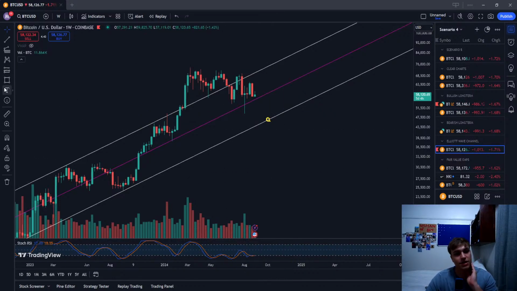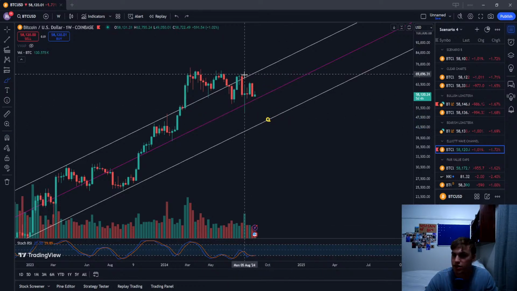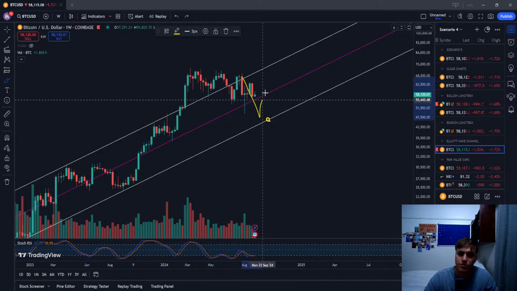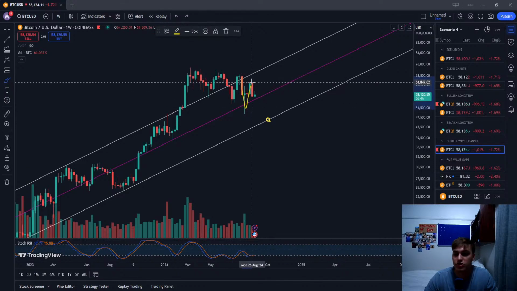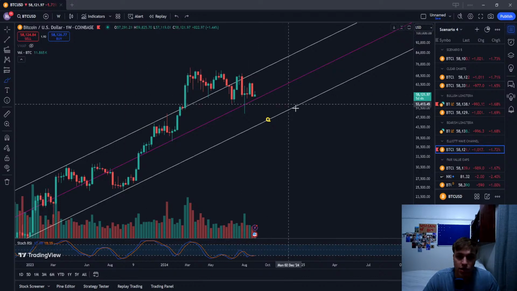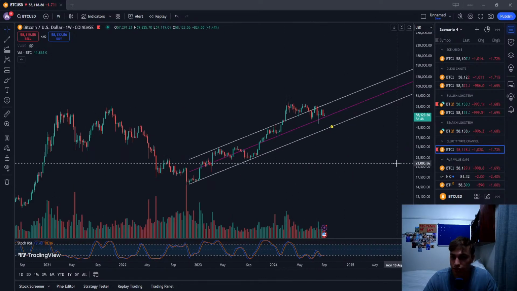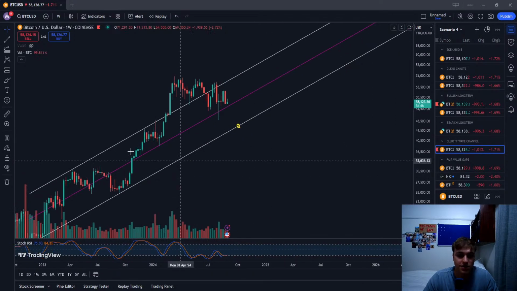At the moment, I'm in quite a big short, waiting for this time frame. My entry point was here at 68,000, somewhere around here, targeting these lows. We even bounced back up to the 64, and I took another short up there, targeting this low. This channel has worked so nicely for us in the past, doing support and resistance very, very well, as you can see here. So it's following quite a nice pattern.